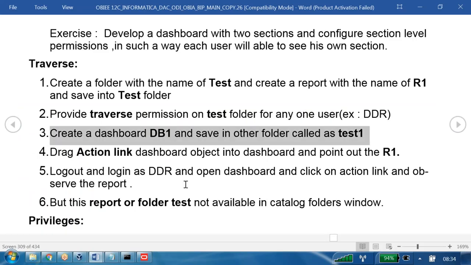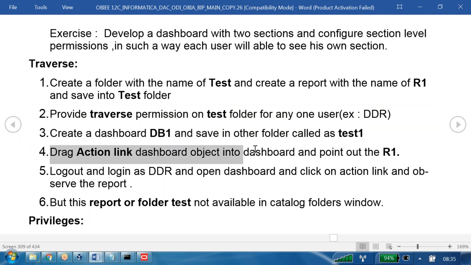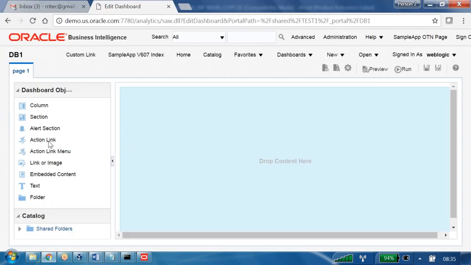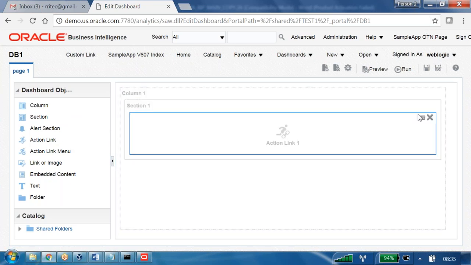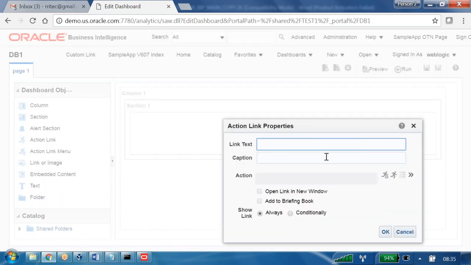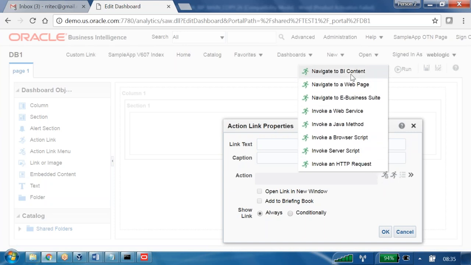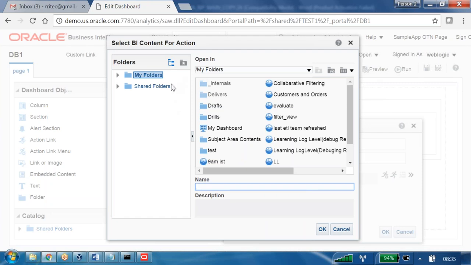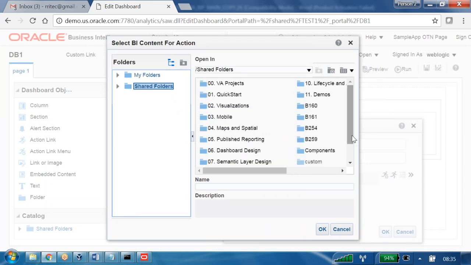And what is it asking next? You save into test1. Next: drag the action link object into the dashboard and point it to R1. So this is the action link object we have here. We are trying to drag and drop it into the dashboard. Then we need to point it out: go here, then action, new action. That new action we are trying to point. Navigate to the BA content, then shared folders, then test1,